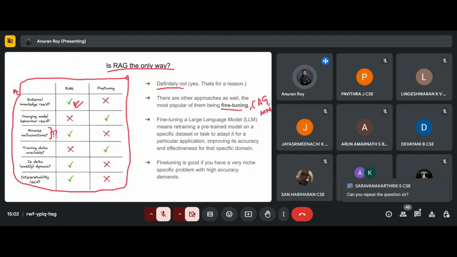Yeah, Saravana Karthikeyan. What I meant was, RAG does minimize hallucinations a lot as opposed to fine tuning, right? But can you give me a business scenario where RAG would be very useful and fine tuning would be equally bad?